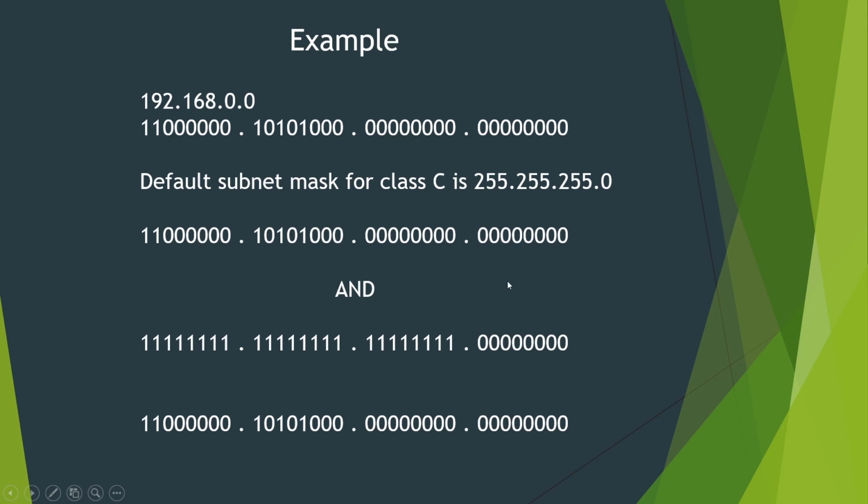When you did the AND operation between the IP address and the subnet mask, you get the same three octets as that of the IP address, right? Because we are doing AND with 1, and you get the same output. And this last octet is the one that differs, meaning it varies. This gives the host IP addresses.